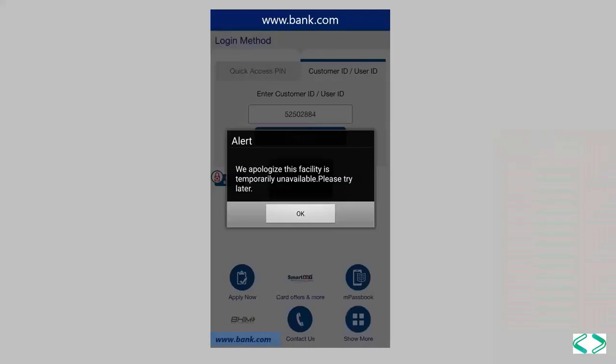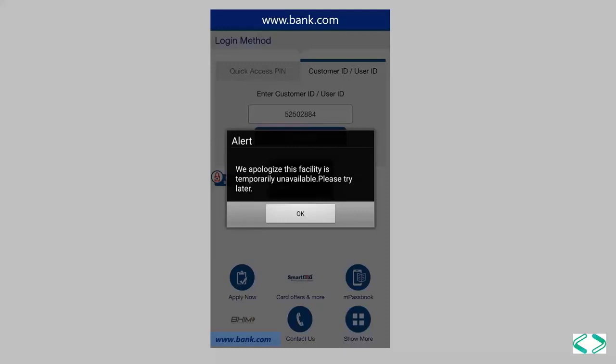But I suddenly see this on my screen. I am logged out of the mobile phone application and I see an alert saying the facility is temporarily unavailable. Now what has happened? I'm in between the transaction. I do not know if I lost my $100 or if my friend has received $100. So I immediately called her and asked if she received any money, which she said she didn't. So I immediately called the bank customer service to know what has happened. They said there was a severe thunderstorm and some of their SQL Servers went down and they have already restarted them.